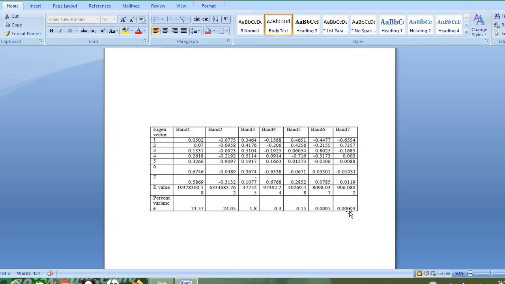Now, we have 7 bands available with us. Out of that, we need to choose 3 bands which have completely variant data. What are the bands? We need to find out which bands have more variant data and less similar data. How can we find out which bands represent more variance data? Using the optimum index factor, we can find which bands have more variance data. Using the optimum index factor we can come to a conclusion.